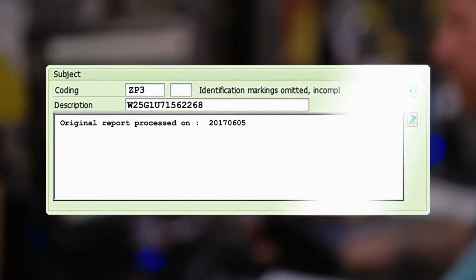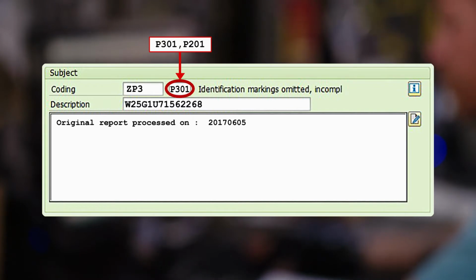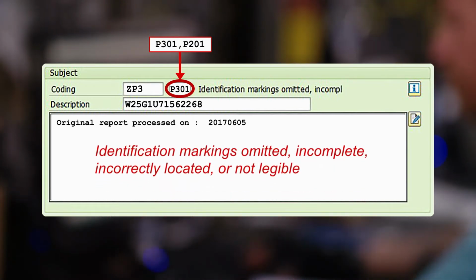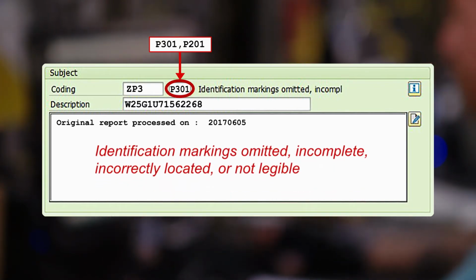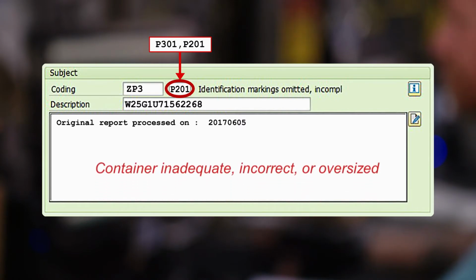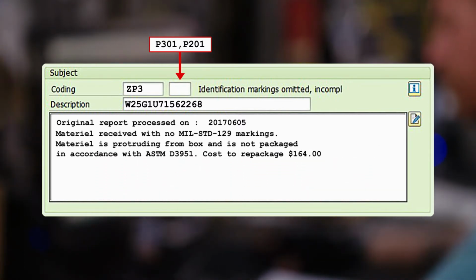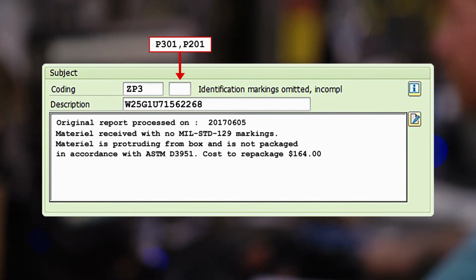The SDR should include the following: discrepancy code of P301, identification markings omitted, incomplete, incorrectly located, or not legible. Discrepancy code of P201, container inadequate, incorrect, or oversized. Depot comments that accurately reflect the discrepancy without repeating data.